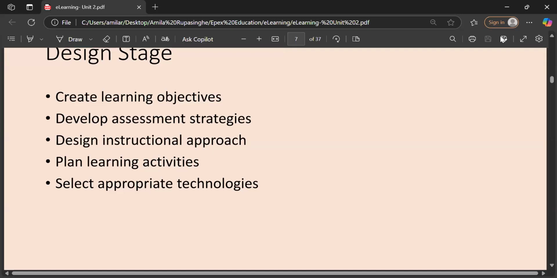Learning objectives are the outcomes that we expect to be achieved by the learners. Learning outcomes, objectives, we use all these words. Sometimes when they are more broad objectives, we call them aims, right? Then develop assessment strategies. Learning objectives, then assessment strategies: how you are going to assess whether the students have achieved